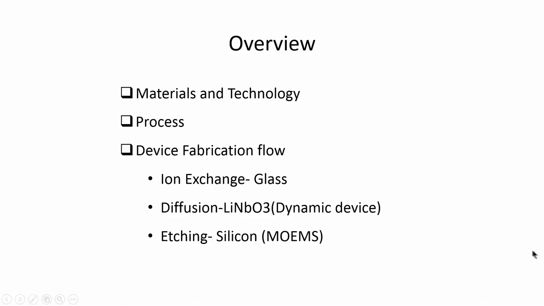Now let us look at some technological issues in the fabrication and characterization of photonic integrated circuits. Broadly, this is the outline of the presentation. We will look at materials and technologies involved with the various processes that we can use to make these photonic integrated circuits, and then we will take up some specific fabrication processes. I have chosen 3 processes for 3 different applications. One is a glass based process, another for dynamic devices, and one for silicon based